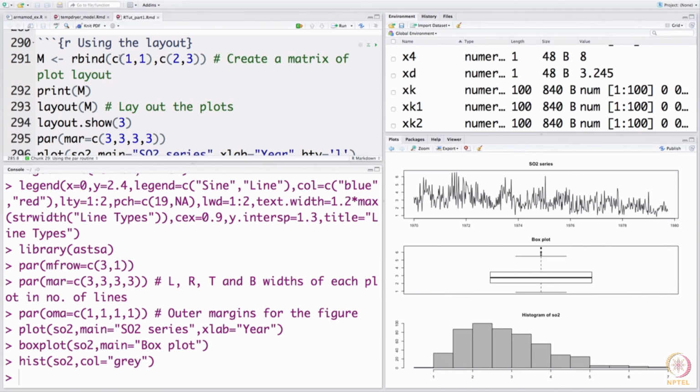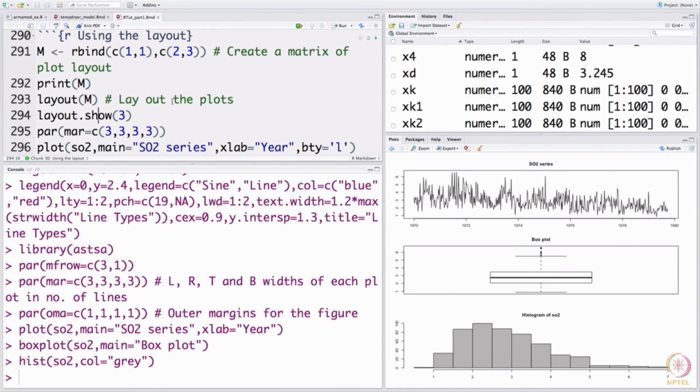Essentially I am supplying that kind of a matrix to layout, and layout.show will give you that. Once you have passed this matrix to layout, it will divide the screen as I have shown on the board, and then layout.show will confirm that you have indeed done it that way.